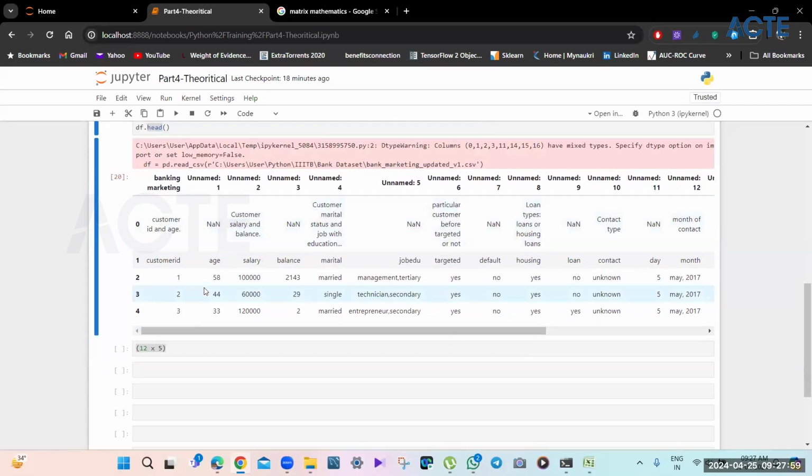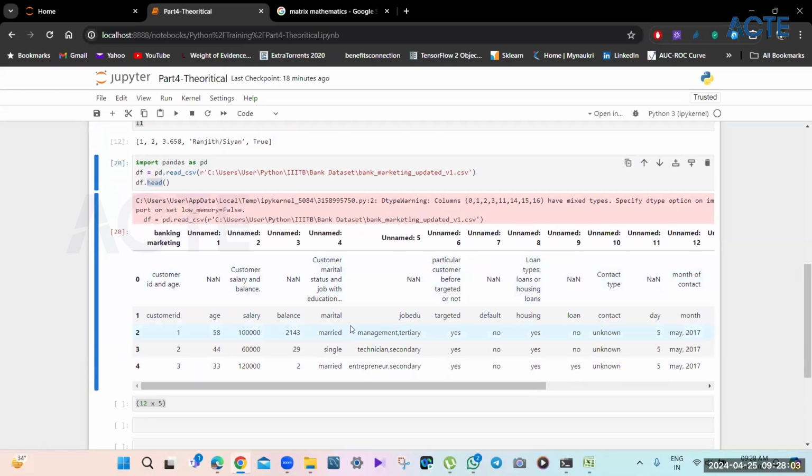What I wanted to tell you is, now see, a data frame is just like an Excel file. Each and every column will be of one type of data. It cannot be a mix. We call them series. Series is something that will come later. But these are individual columns.